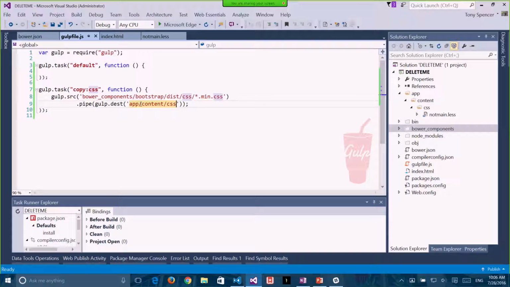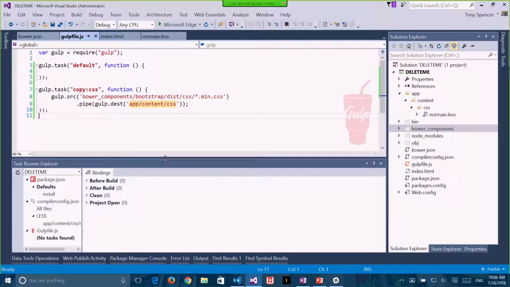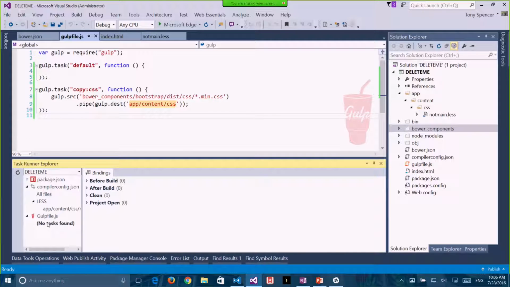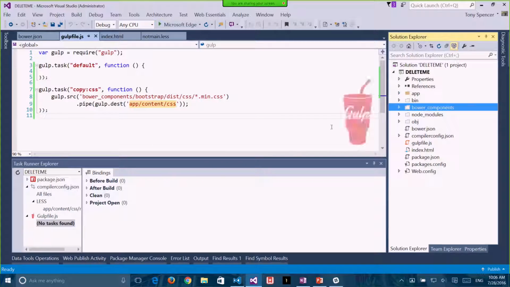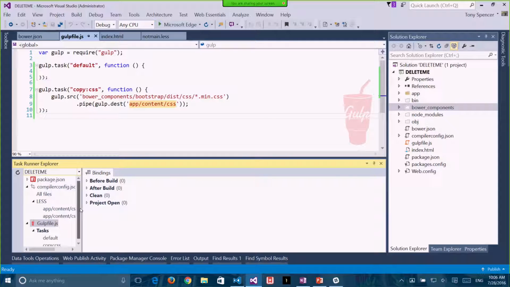All right, any Gulp experts out there? Is that going to work? You think? Should work, right? Okay, so if I go down here and look in my task runner, for some reason gulpfile.js says there's no tasks found. This threw me for a loop. Just hit the little spinner button over there. This one? Yeah, refresh it. Oh, look at that. Sometimes that works. That's for it to refresh itself. So if I run this,